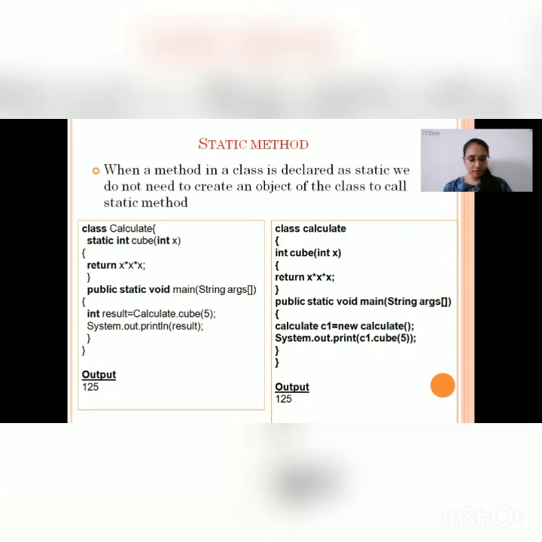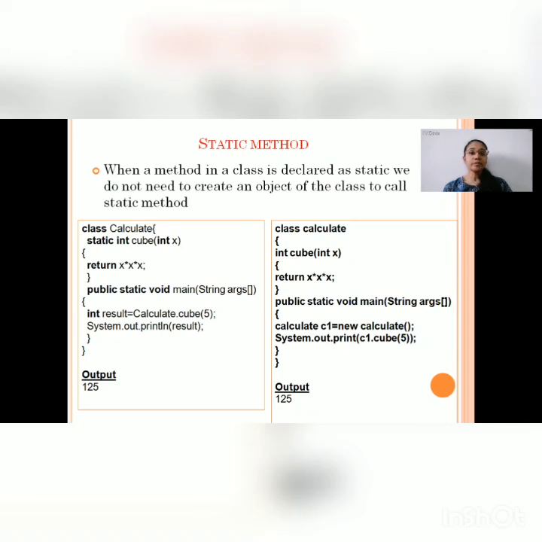So here I have created object C1 of class calculate. Calculate C1 equals to new calculate, and using this object a method cube is called, which is C1 dot cube, and output of this program will be 125.